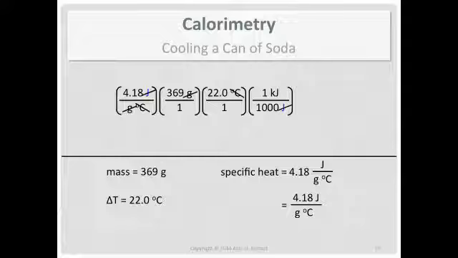Now on those pieces, you don't have to do it in that order. I always think of this as a slide puzzle. I do suggest you start with the specific heat capacity, but as far as the rest of it, it doesn't matter. Be consistent, something you can repeat. And then for significant figures, 4.18, 369, 22.0 all have 3 significant figures. So our answer has 3 significant figures.